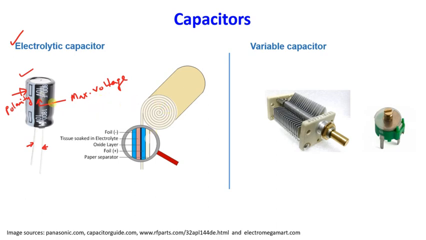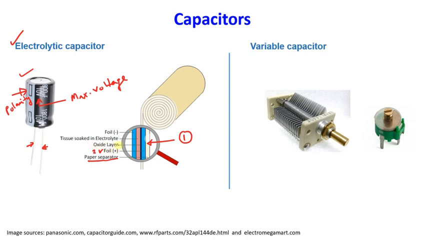And why so, that we can explain from the structure of this electrolytic capacitor. As you can see in this zoomed version, there are multiple layers. What is the first layer? The first layer is indicated as paper separator. So let us say it is layer number 1, which is a paper separator. What is the second layer? Second layer is a foil. So let us consider that is an aluminum foil, which this paper layer separates. So this is layer number 2.